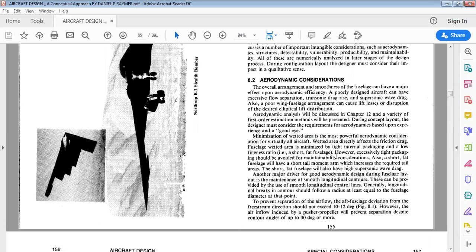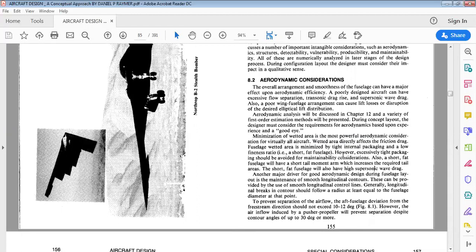And wetted area directly affects the friction drag. Already you know that. So the flow over the skin, what happens? The friction between the air and the body. If the friction between the fluid and the body is more, what happens? The viscous effect, we will call. If the friction is more, the frictional drag induces a drag there again. Therefore, wetted area directly affects the friction drag.